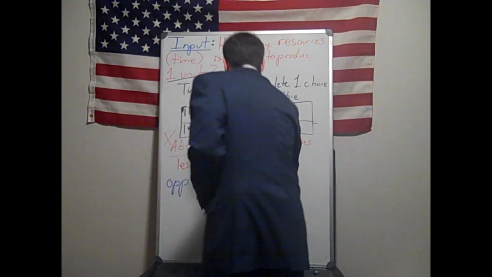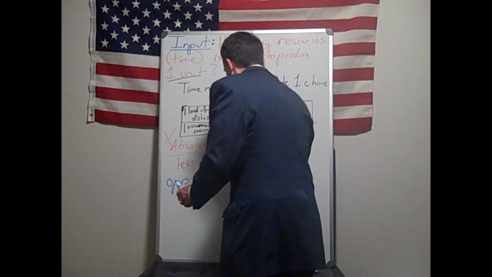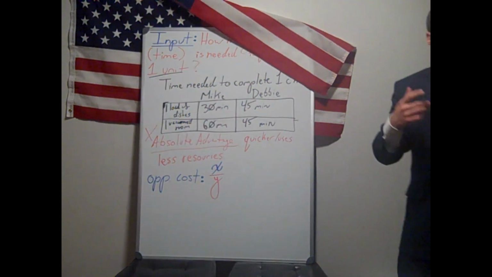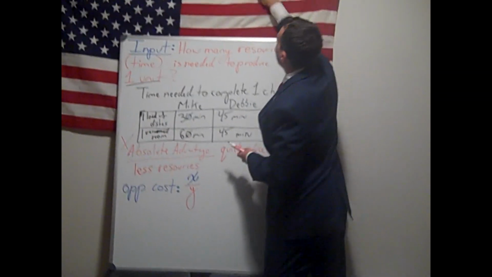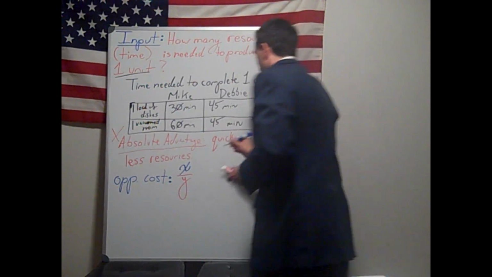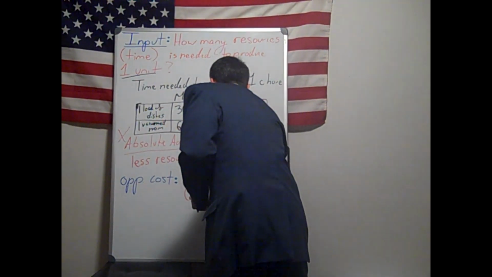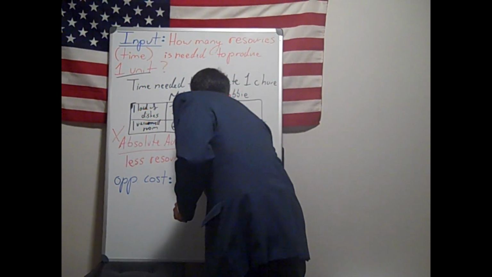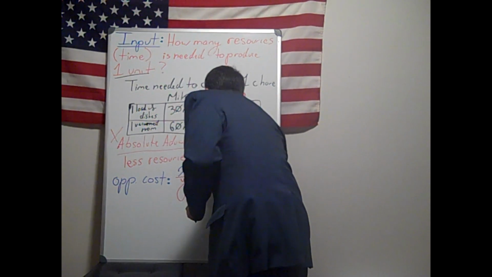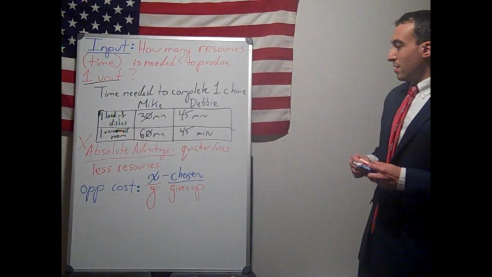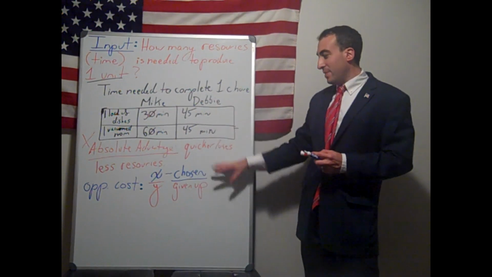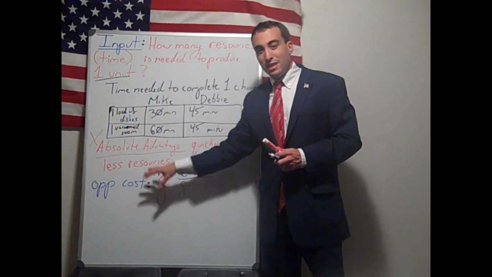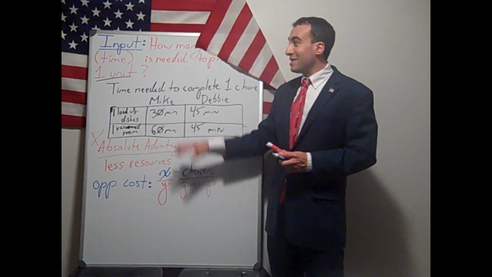we have to calculate X over Y, or more simply, chosen over given up. So we have to calculate efficiency. X over Y, so for an input question, we have to calculate efficiency, which is X over Y, chosen over